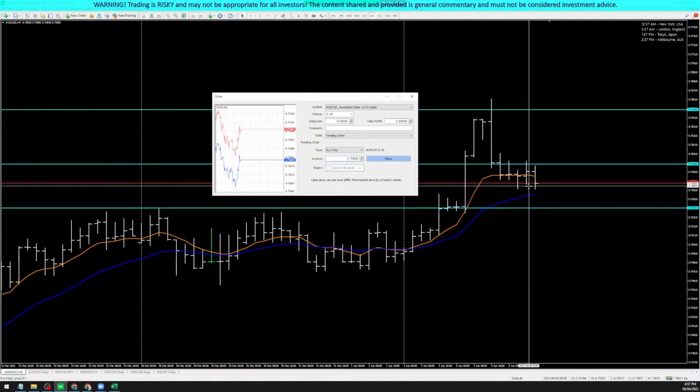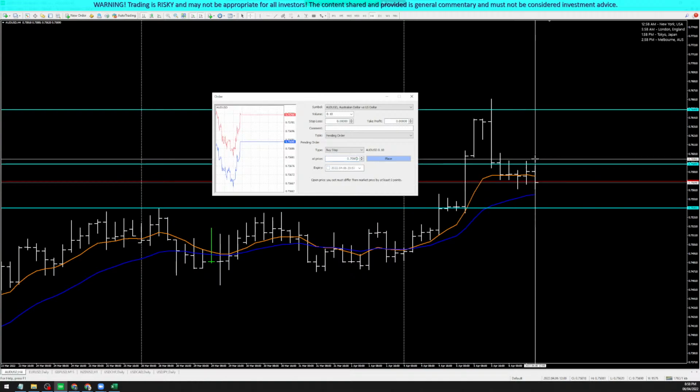But of course, just in case we get triggered, I want to set up a stop loss somewhere at, I think 30 pips is tighter. I'll go for 35 somewhere here, the previous bar low. I'm always looking for a level where I can hide my stop loss, by the way. That's my style. Sometimes I would say previous bar lang, right? But with your discretion, you can always go for the one that is lower para ma-hide natin ng konti si stop loss, right? Protect it from the market.